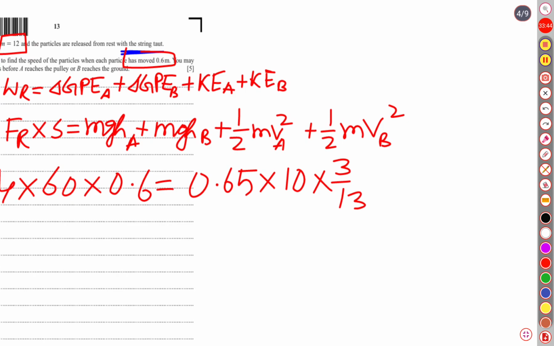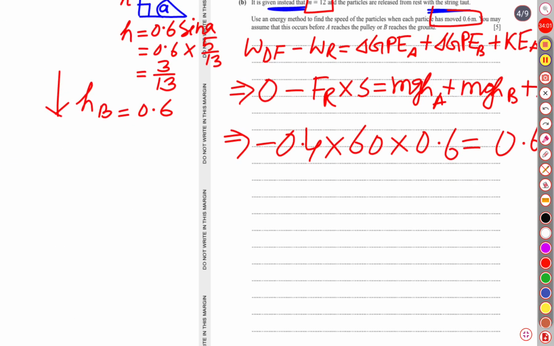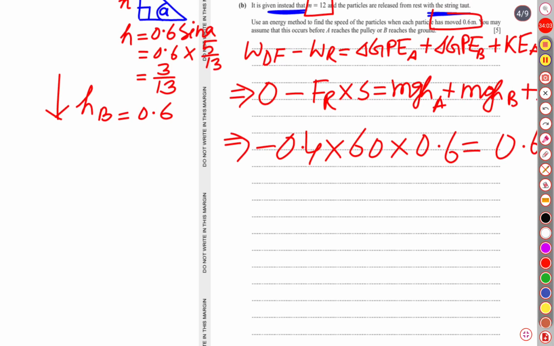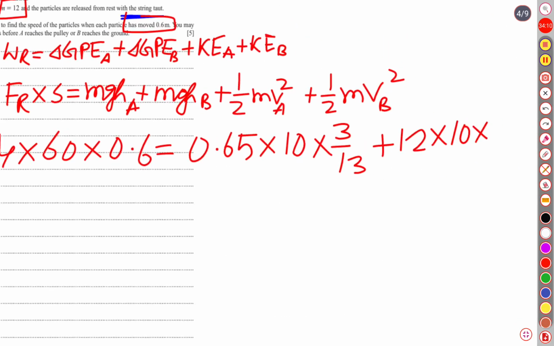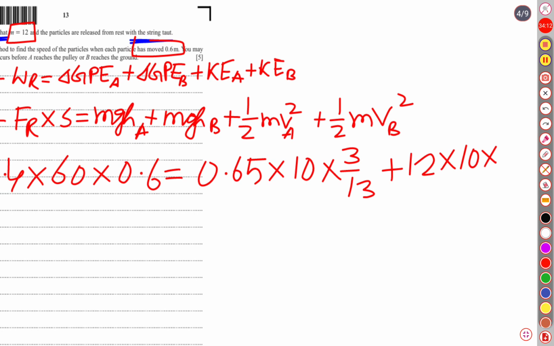Then the mass of particle A plus the mass of particle B is 12, and acceleration due to gravity is 10. Then the height must be negative. Negative how much? As I have told, B was moving downward, that's why the final height is getting less, so it is negative. 0 minus 0.6 is minus 0.6. After that, plus